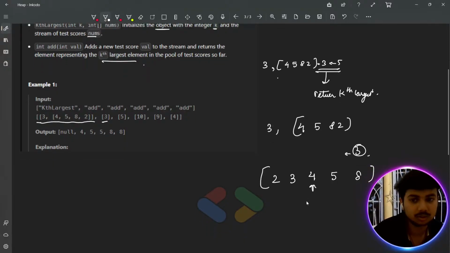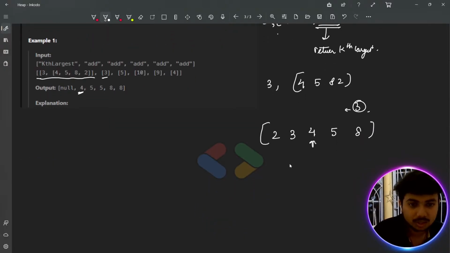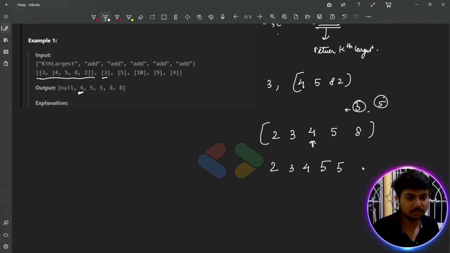ओके, यू रिटर्न 4. ठीक है, द सेकेंड टाइम वी आर टोल्ड टू इंसर्ट 5 अगेन. ठीक है, तो अगर हमने 5 इंसर्ट किया तो फिर उसको सॉर्ट करना पड़ेगा. 5 एंड में इंसर्ट होता है, बट सिंस वी आर सॉर्टिंग इट, सो वी हैव दिस. ठीक है, अब 1 2 3 5 मैचेस. नाउ वी नीड टू पुश 10 अगेन. तुम यहाँ देखो, 10 पुश करके कुछ ऐसा केस बनेगा, वी स्टिल हैव 5. ठीक है, 9 you will push, you will have 9 here, we'll have 8 here as the output. You push 4, you have 4 here, we still have 8 as the third largest. ठीक है, तो ब्रूट फोर्स एल्गोरिथम हमने देख के क्या समझा कि